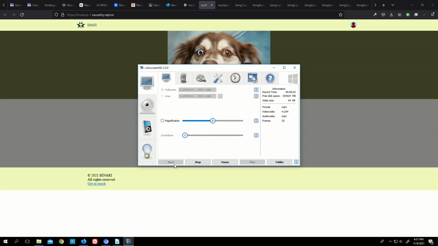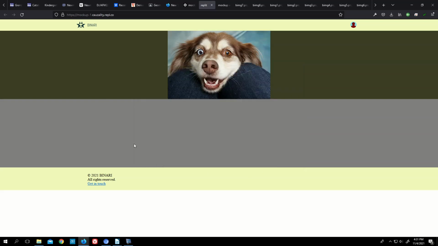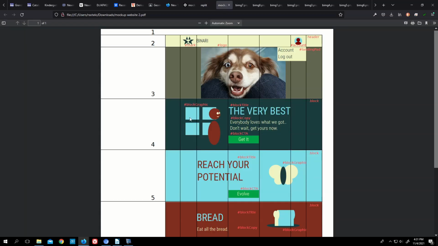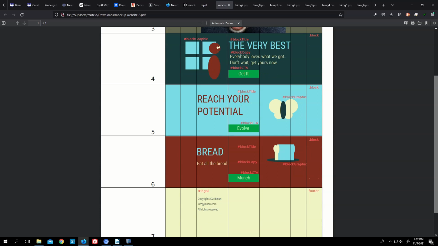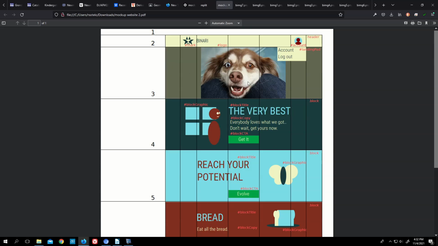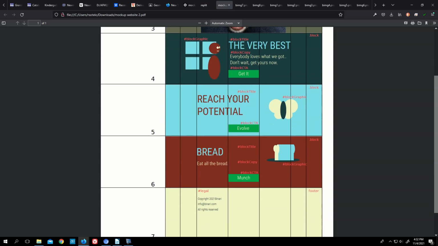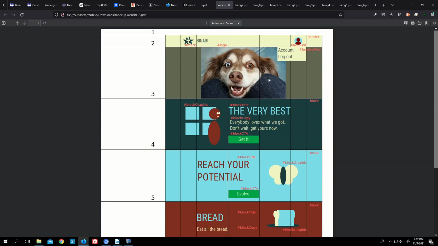All right, we're going to finish up our little website for binary whatever with a dog. We only have these blocks in the middle to do now. Maybe in a future video I'll do the drop-down menu and maybe make it a slideshow, but that'll be a little polish at the end. Let's just get this rudimentary